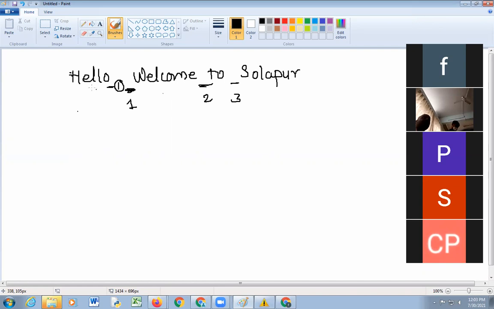Okay, 25. And if I have written only a few characters, then it is easy up to 100. Suppose there is a paragraph also as a string, then it is not easy to understand the length of the entire string. Suppose I want to find out the length of this string, Hello, welcome to Solapur. So first I want to enter this string through the keyboard. Is it possible?